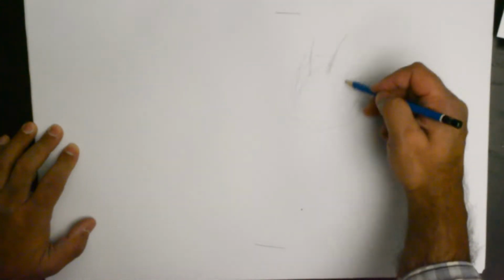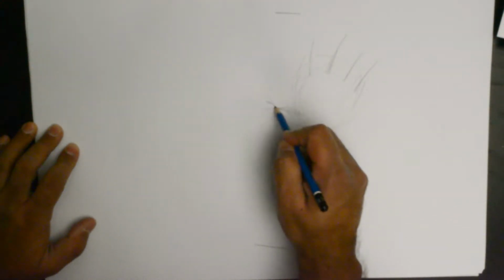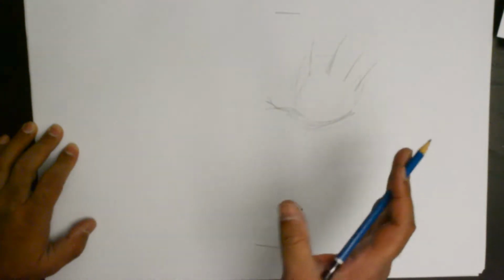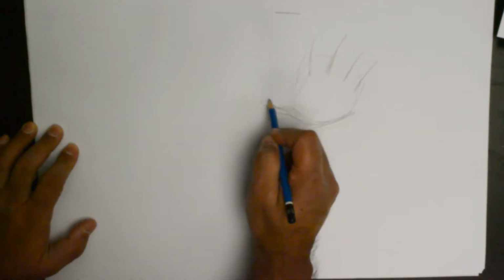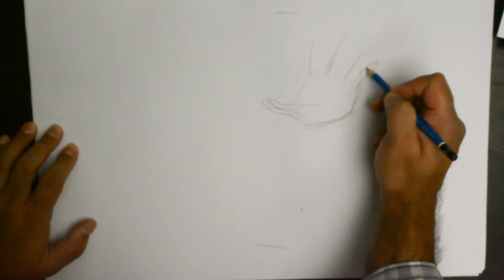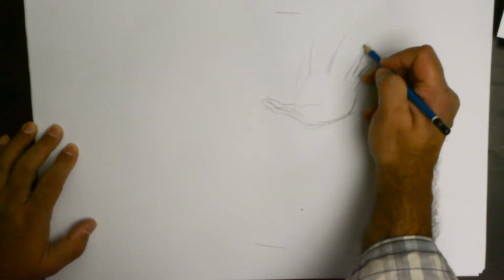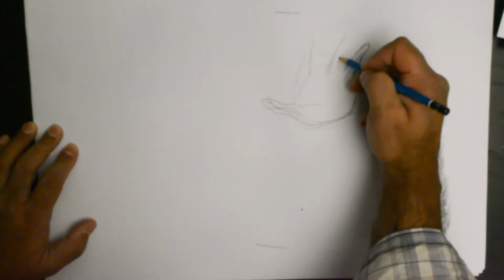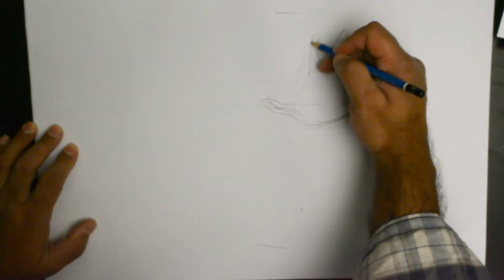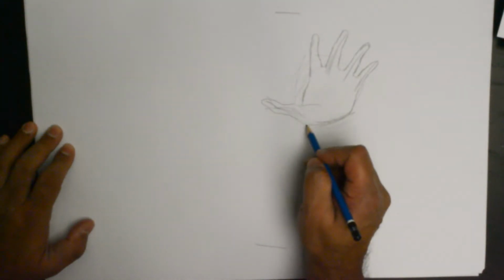So 1, 2, 3, 4. And that's the thumb. So we can actually sketch the hand right away. So we got the hand going right there, but now behind the hand,